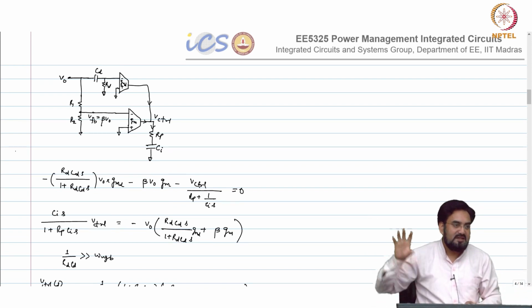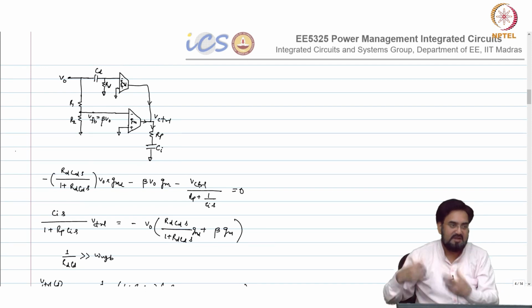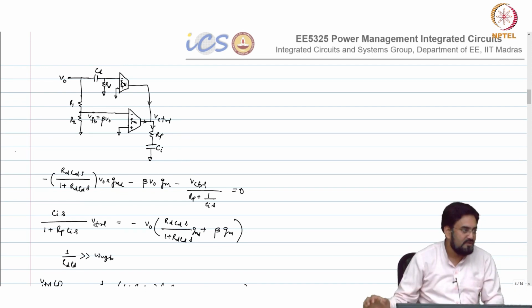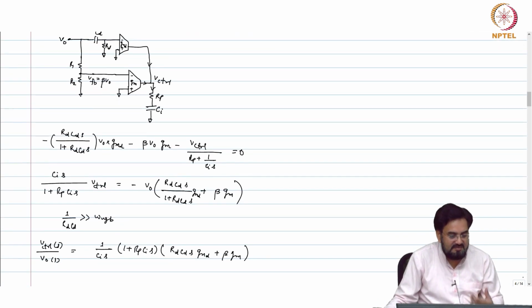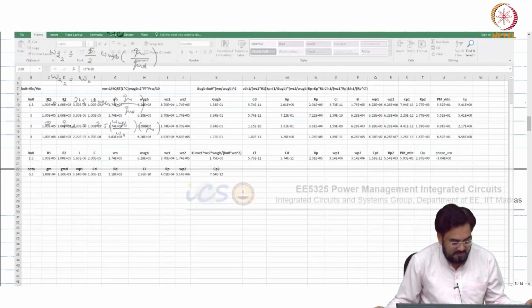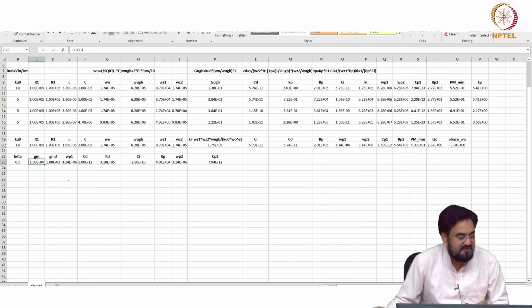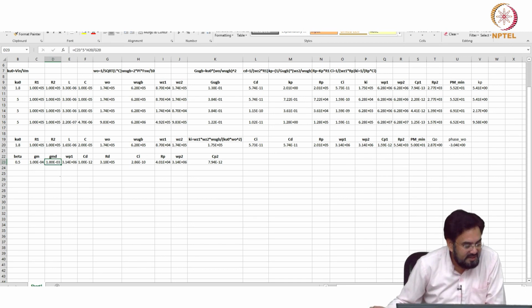Unless you design your integral, proportional and derivative components separately like we saw and add them together, then you can control. But here you can do that quite easily, and GM can be controlled simply by controlling your bias current, okay. So, I fed the same thing in the Excel. Now, I can relate that and find my Ki GM. So, GM if I am choosing let us say 100 micro, okay. So, the GMD I am getting, how much is this? I am getting 18 times here.